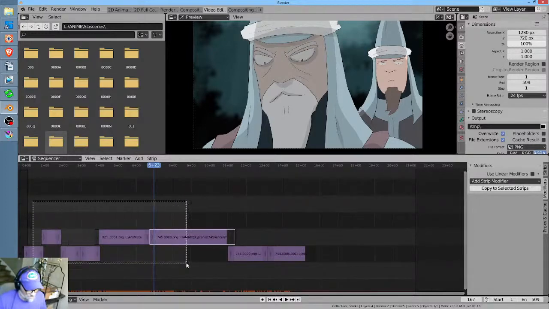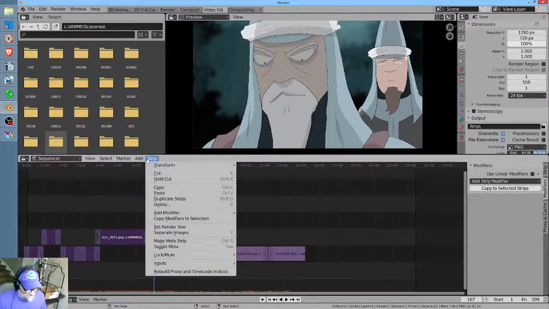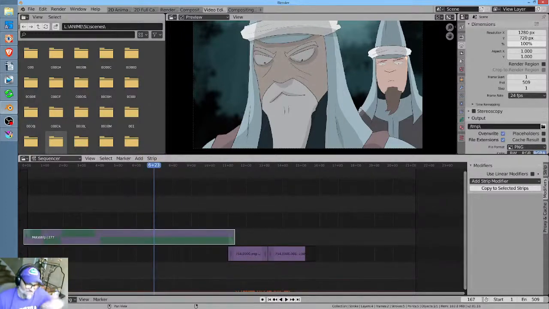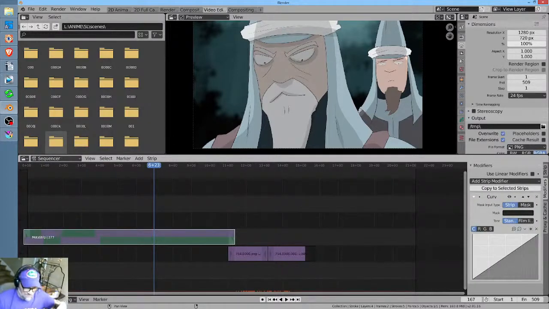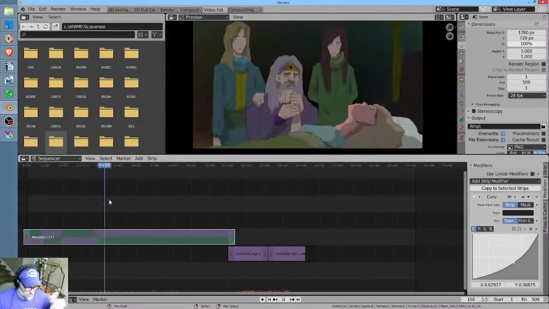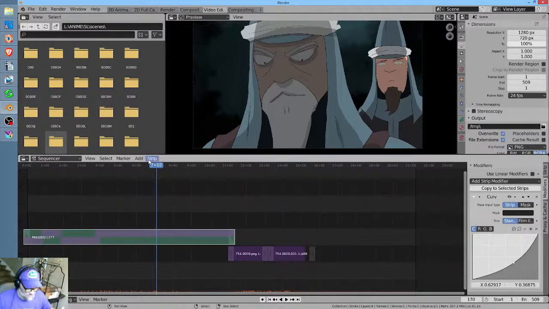You have the ability to color correct these clips individually, and then you can make them into a meta strip and then add modifiers to that, which is effectively affecting the whole collection as a group. And you can go as many layers deep on that as you want to. So if you think about it the way we animators do, in terms of layers and groupings and what's the parent of what,